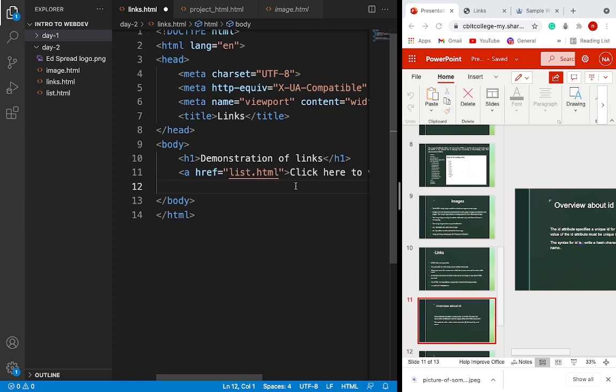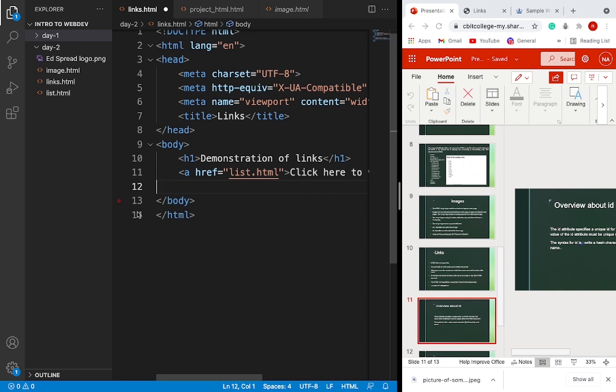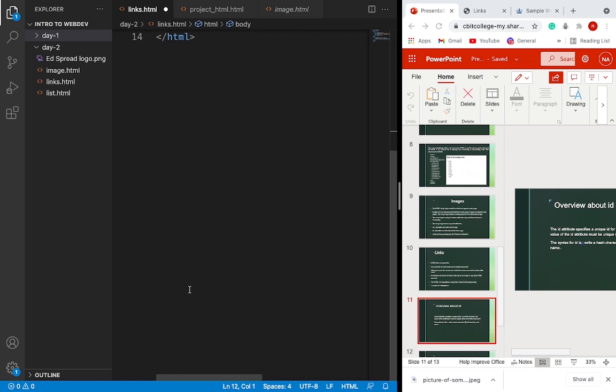You might have seen in many web pages, mostly in installation documents, you'll be given at the top a link to install a certain software, program, or game. After that you'll have a description of about one to two scrolls, and at the end of the page again you'll have a link saying click here to go to the top of the page to install this program. On clicking that link, you'll not be directed to the installation page,